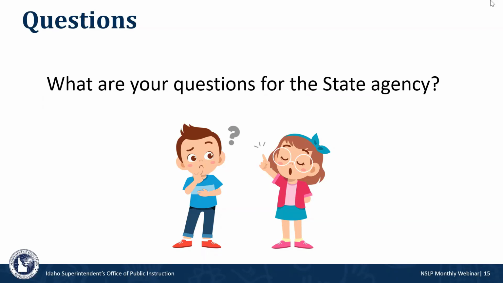That is accurate. So if you have a student who did not submit an application for this school year, but was deemed free or reduced eligible from school year 20-21, you can use that eligibility from last year to allow them to receive PEBT benefits for this school year. If a family does not have an application on file, nor were they directly certified, that is when they will want to complete a new application for this school year, and their benefits will be determined based on the date that their eligibility was determined or the application was turned in.